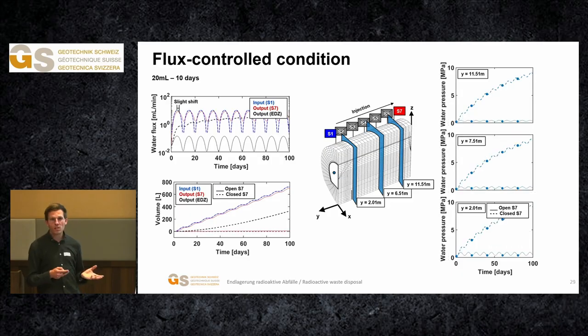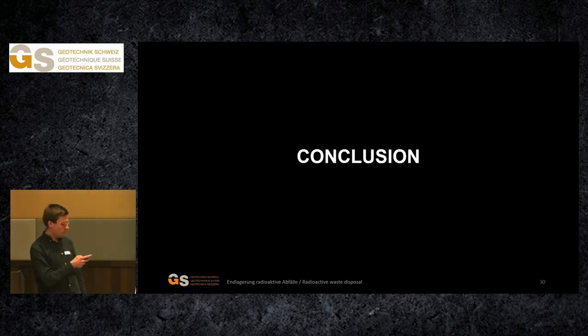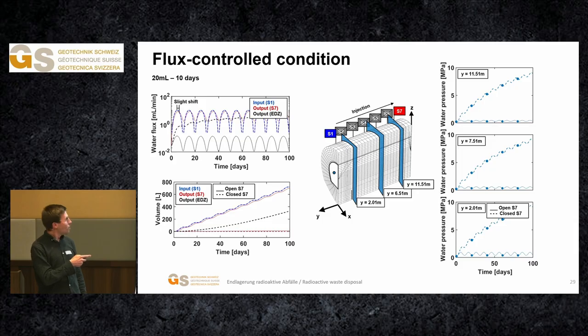And finally, we can investigate a case where this S7 membrane does not work as a drainage function. In this case, we can see that the input flux through the upstream membrane, in dotted blue, is progressively equilibrated by an oscillating flux through the EDZ, but the steady state is not yet reached at the end of the 100 days